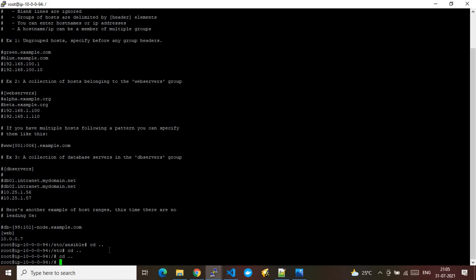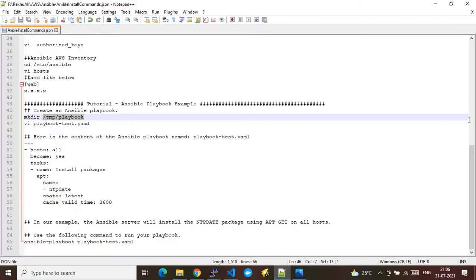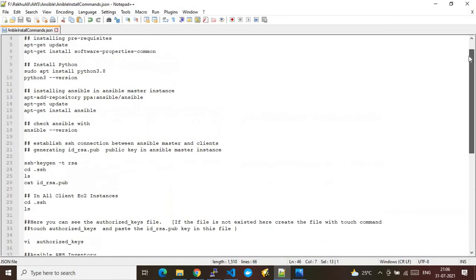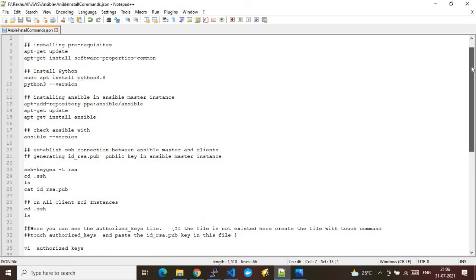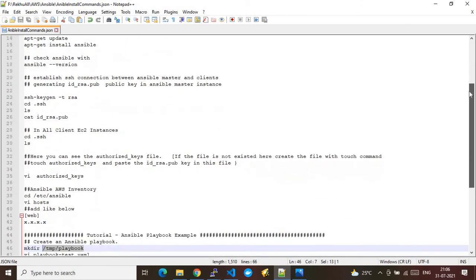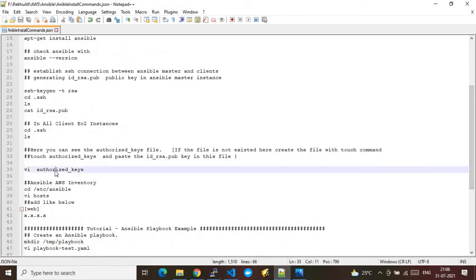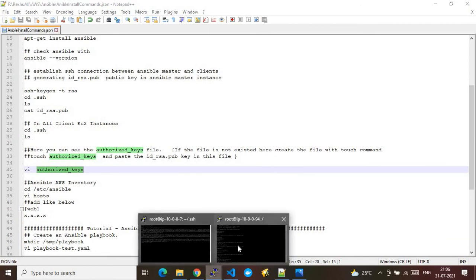From the master node we retrieved the public key, copied it and put it under the EC2 instance that is the Ansible client node. We put it under the SSH folder, in the file named authorized_keys, and that's it. We have successfully done the configuration.